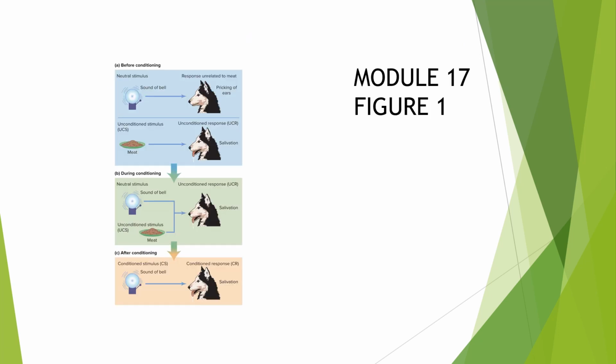Now, this slide you can find on page 172 in your textbook, and this is exactly what Pavlov did. So before conditioning, you have a neutral stimulus, the sound of a bell, and the dog does nothing. He may prick up his ears because it's a noise, but he's surely not going to salivate to a bell. If you go around salivating to bells, that's a whole other diagnosis that we'll talk about in chapter 15 and 16. But we normally do not salivate to bells.